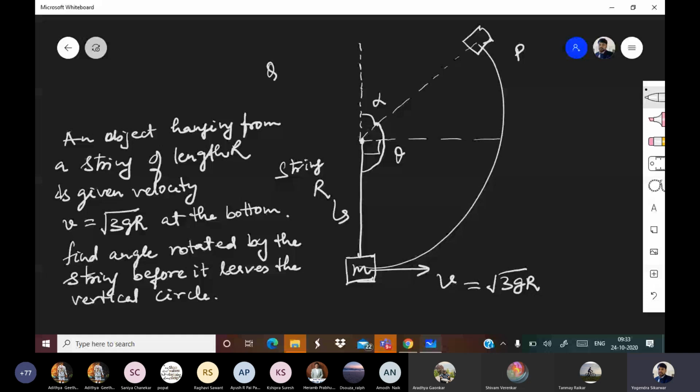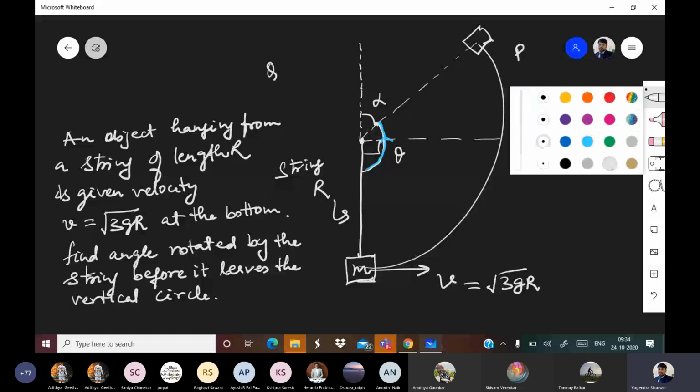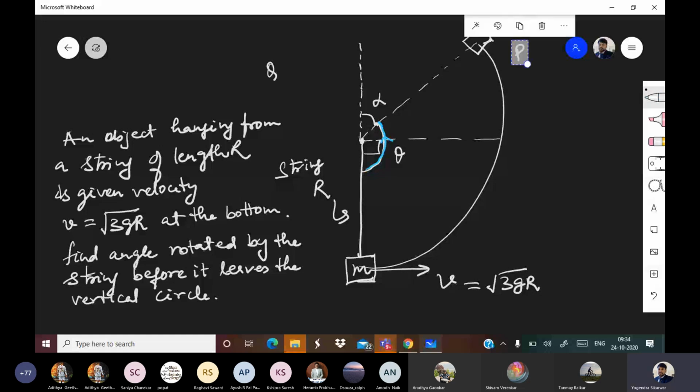Now, when the object is at the topmost point, in the sense at point P, sorry. So when the object is at point P, yes is saying, sorry sir, my next answer will be definitely correct. So you are saying your next answer will be correct, right? No, correct is not the correct answer. Answer will be some number. Okay, answer will be some number, yes.